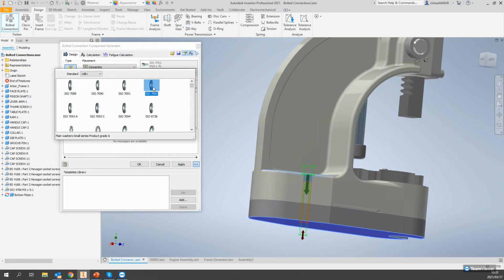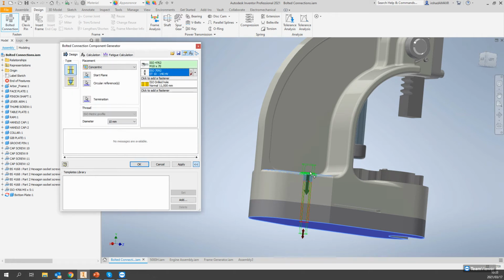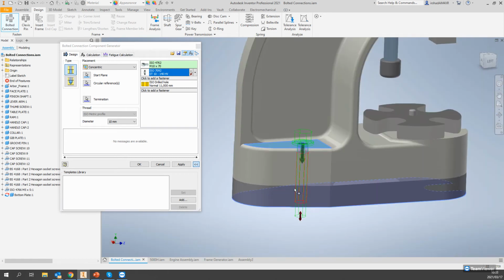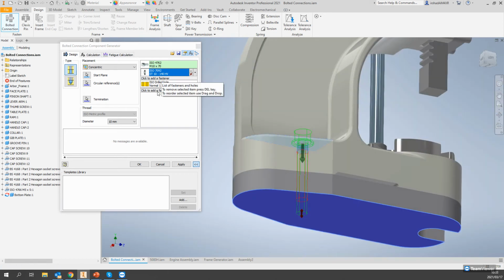So let's just show us a preview of what that's going to look like. You'll see that is giving us a preview of the washer that it's inserted. I can do the same on the other end by clicking that, and the last one will be for the nut on the end here. So you can see it comes after the drill hole. What exactly do you want? And I can choose